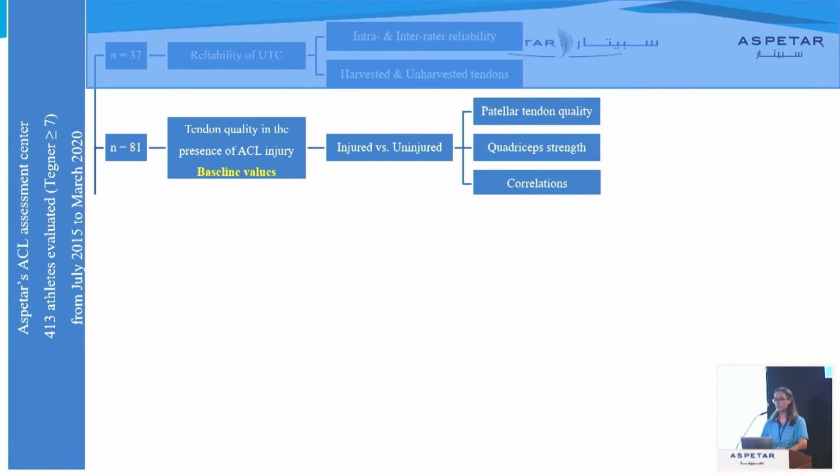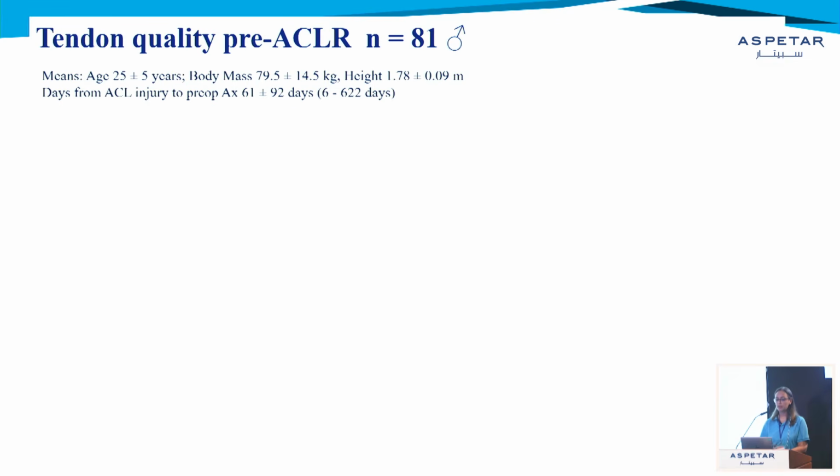So then it came with study 2, which was the pre-op assessment. I wanted to check the patellar tendon quality and the quadriceps strength, and to see the correlation of them with all the clinical variables that we see. For that, we included 81 patients assessed